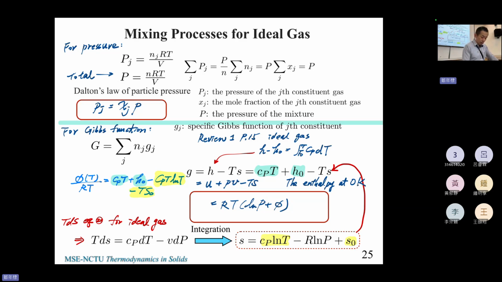H 就是 CP 的积分，积出来以后就是 CP 乘上 T 加上 H naught，也就是 entropy at 0K，最基底的常数。再减掉 TS。但是 S 我们不知道，怎么办呢？我们靠 TdS equation for ideal gas，第二个 equation 跟 CP 有关，我们写出它的 equation，因为这边是 ds，所以必须做积分得到 s，它会长这个样子。代入进去以后，我们就发现，我们的 S naught、CP natural